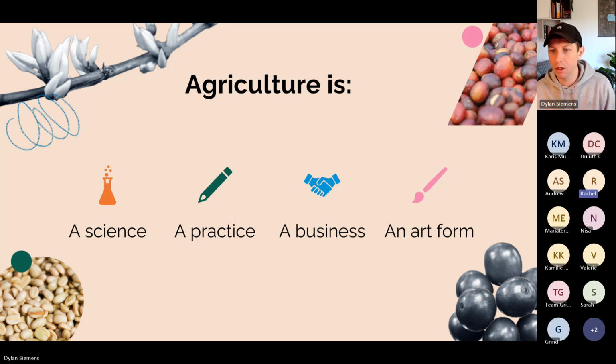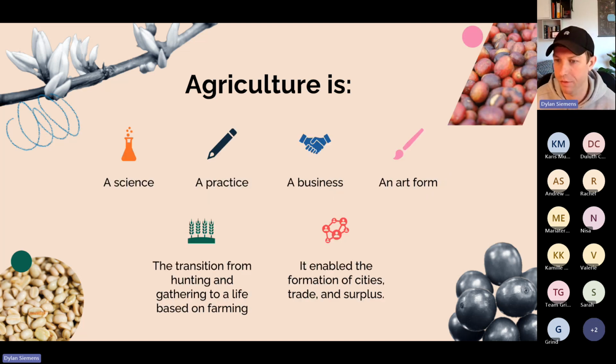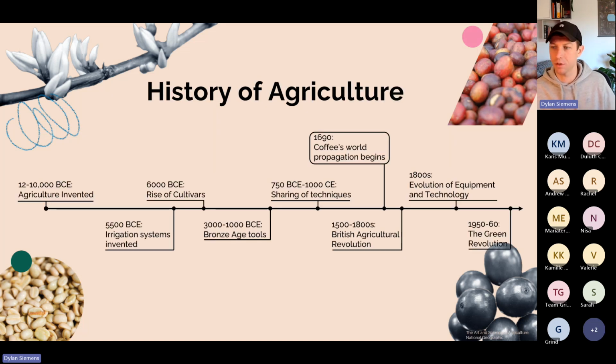Then if we zoom out to the big picture of agriculture, we think of the start of agriculture as the start of civilization as we know it, right? Humans start to settle down, they start to trade. It allows the formation of civilizations, of surplus. And so the history of agriculture, as crazy as that sounds, is really interesting. And like coffee, there have been three waves of agriculture, starting